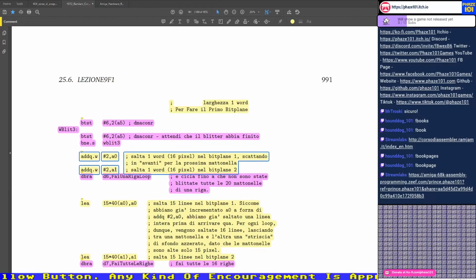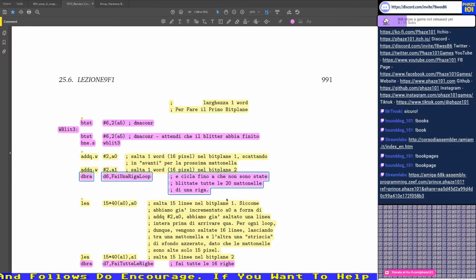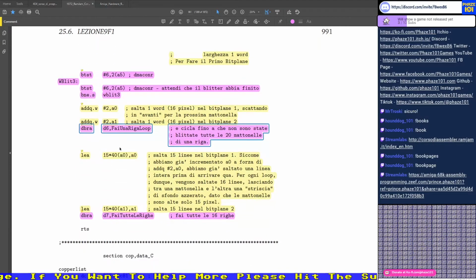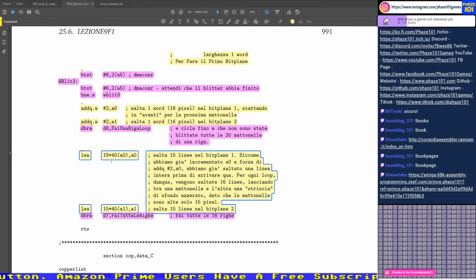So bitplane 1 and bitplane 2, we added 2 to them for the destination, and we loop, and like that we do the first row of the screen. Once we have done the first row, which is the 20, we set that there are 20 of it in a row. We have finished, we jump here and we calculate